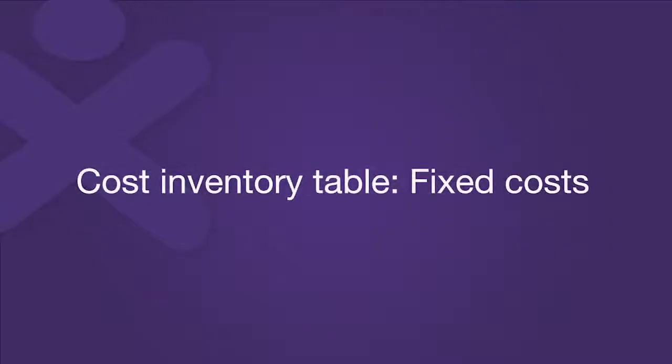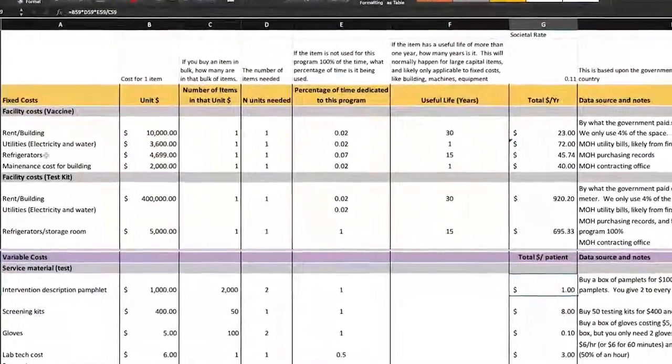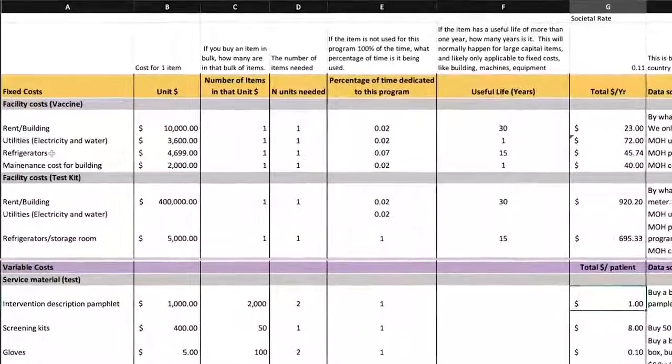A great deal about a cost inventory table, or a cost table, and here's an example of one. You should also have access to this Excel spreadsheet in your folder. So at the very top, we try to explain what each of the columns are. Here in column A, you actually list the different cost components,